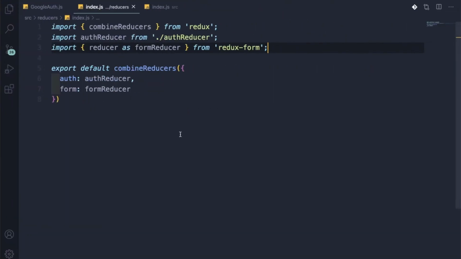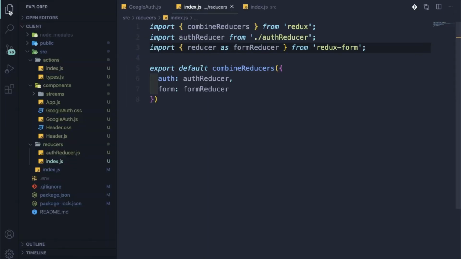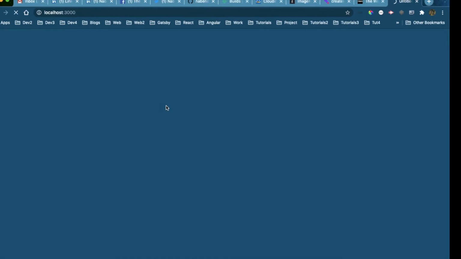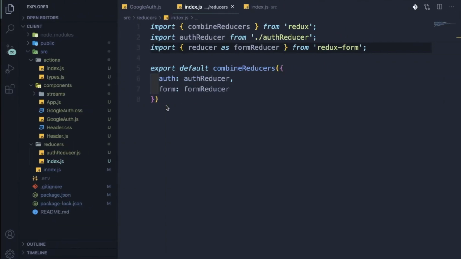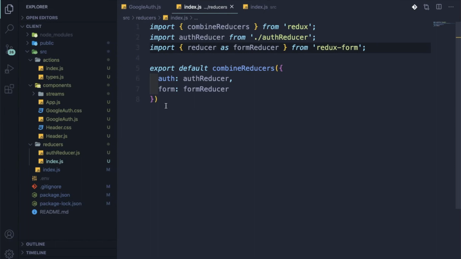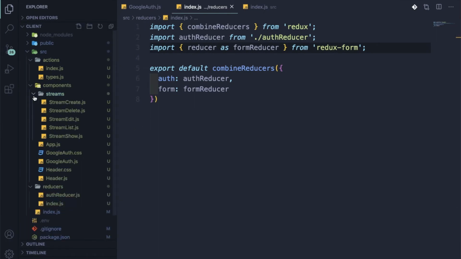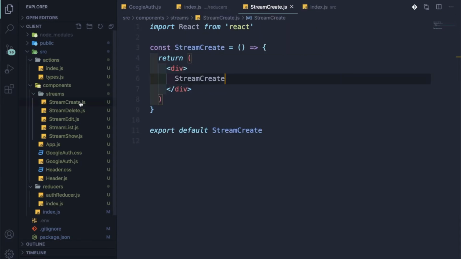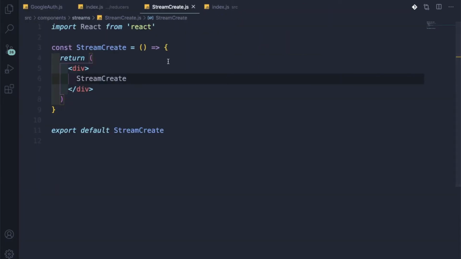So it will get started. Yeah, and it got started, but it takes me to my Chrome, where I don't want it. It's okay, so it is working. So let us move forward, and in this let me come to the streams now. In the streams I will now do the stream create. Let me open it, and there was